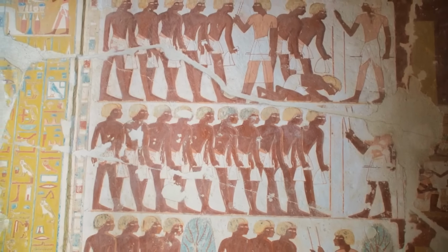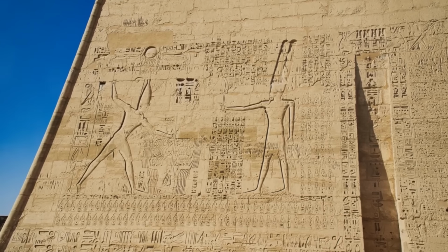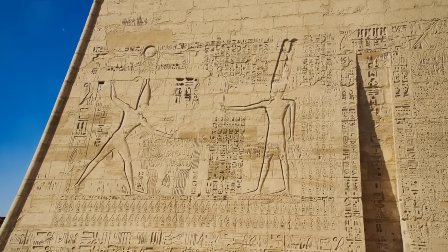The early pharaohs were not merely rulers, they were considered divine beings, intermediaries between the gods and humanity. They were seen as the earthly embodiment of the gods, with a divine right to rule. This belief granted them unparalleled authority and reverence among their subjects. They wielded absolute power, controlling all aspects of Egyptian life, from the construction of monumental tombs and temples to the